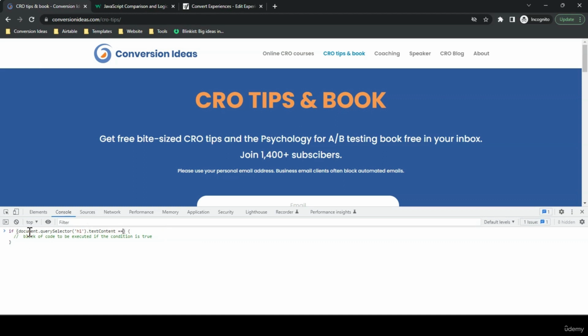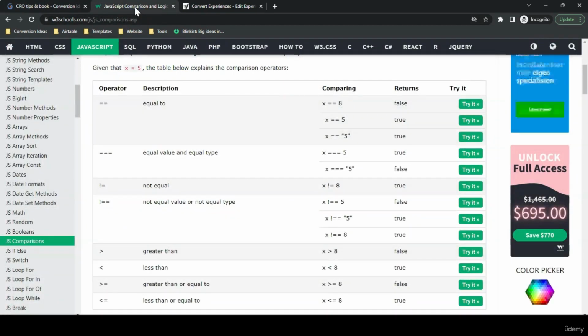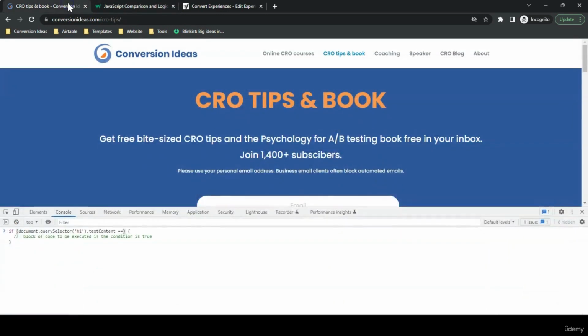If you want more information on equal to, contains, is not, and other options, check out this page on W3 Schools. You can find a link to it in the resources of this lecture. So we want to check if the text content equals 0 tips and book. And if this is true,